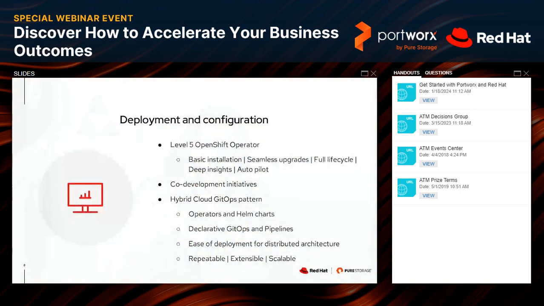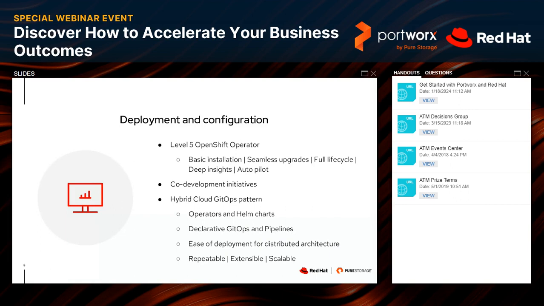The top layer being a level 5 operator, and Portworx has been working with us for years to have that higher level 5 OpenShift operator. This goes beyond just basic installation, but it includes day 2 operations, seamless upgrades, full life cycle management, insights, and an autopilot ability within the operator as well. So there's a lot of great synergy there.